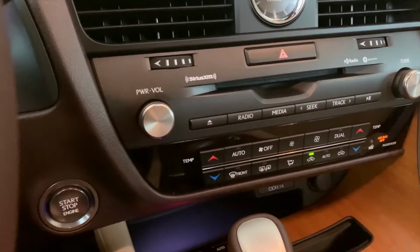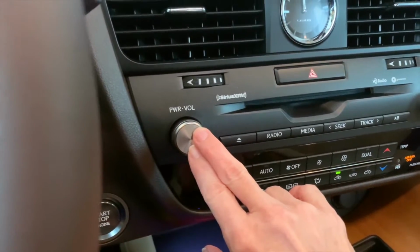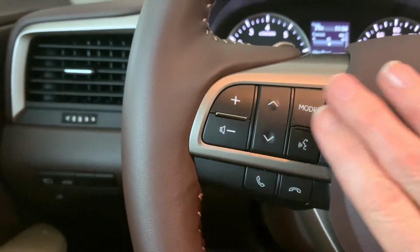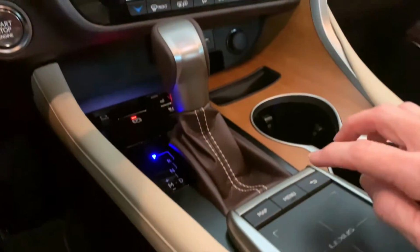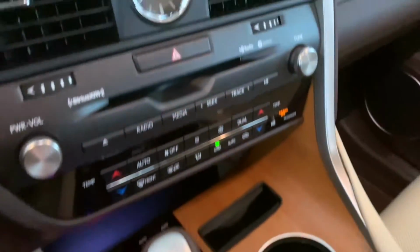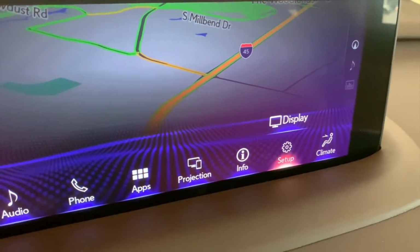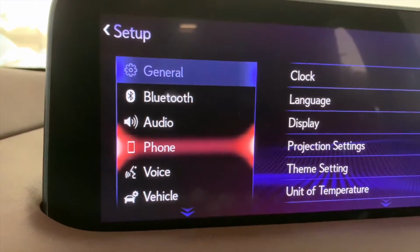Let's check it out. Typically when we think of volume, we usually think about the power and volume button for the sound system, or the plus and minus version, which is on the steering wheel but does the same functionality. Contrary to that thought, however, is the volume control that is in your menu and settings. So we're going to push menu, and then on your screen you want to go to setup, and then you'll see voice